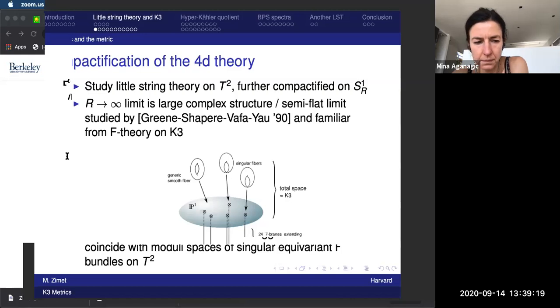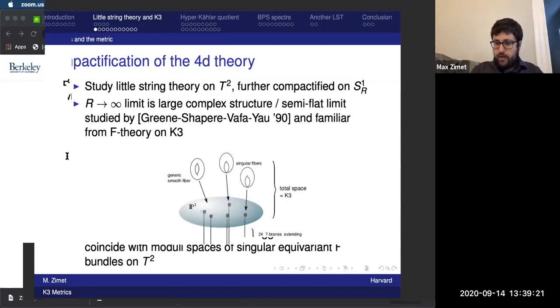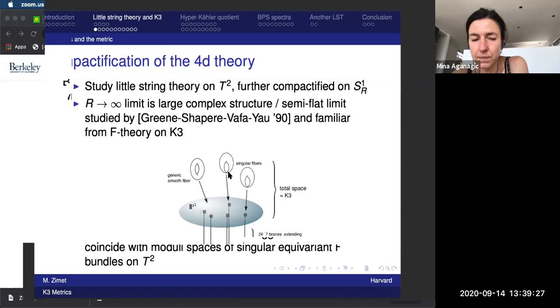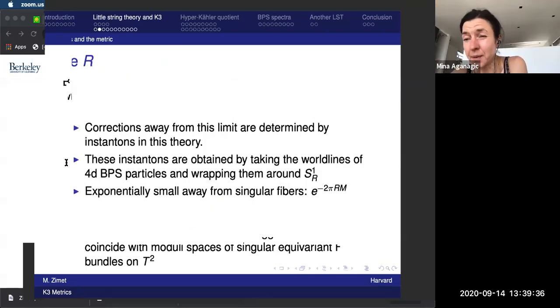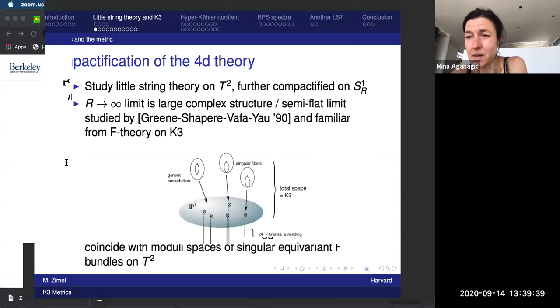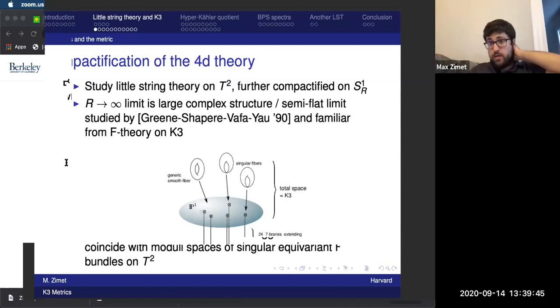And so, like you said, the little string theory on T2, as that third circle gets very big, is going to limit to the F theory vacuum. And in that limit, the volume of these fibers shrinks down. So in that limit, we know what the metric looks like, and then we're just going to study the corrections away from that limit. And I guess compactifying further to type 2A doesn't really buy you anything in this case, right? The M theory metric is just fine. Exactly. One could imagine trying to use this approach to then study the B field on K3. That's the extra data that you need to formulate the type 2A vacuum. So that's an interesting question.